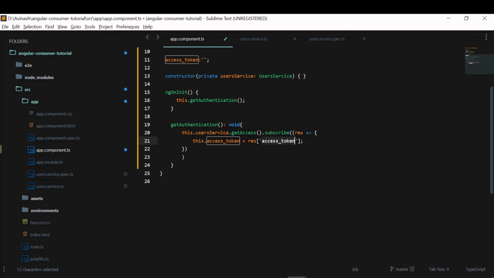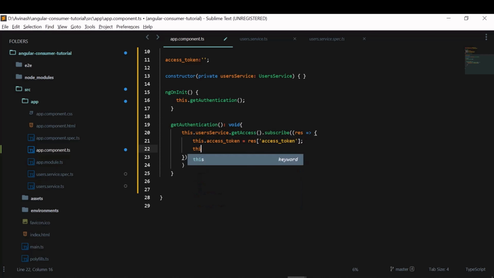I will create another method for getting the users, in which we'll call the API to get the users. So after getting this access token, I'll call this.getUsers, and I'll create that getUsers method now.